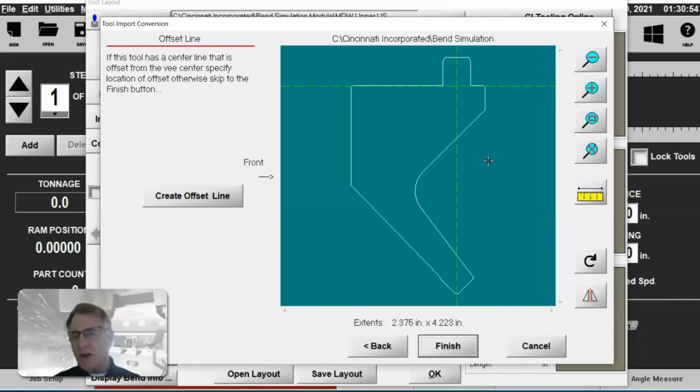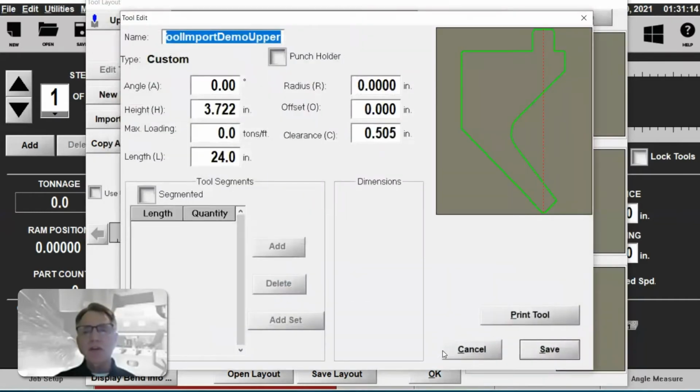And that's a very valuable number for you, because if that type of tool is turned around in the software, what will happen is we can then offset the back gauge for the error and the difference of that center line of the working part of the tool and the mounting part. And then we go to finish. It brings it in. You can see the tool now is brought into the tooling library.